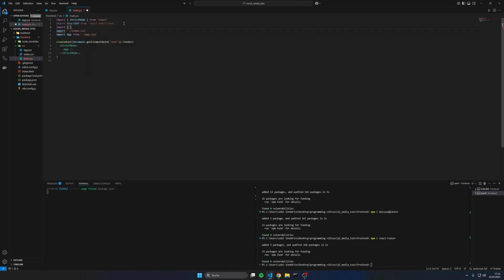we are importing BrowserRouter from react-router. And then first of all we are creating a variable called root, so const root equals document.getElementById root,